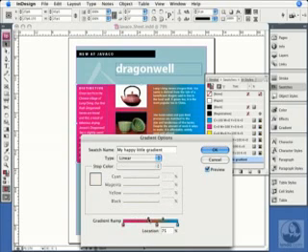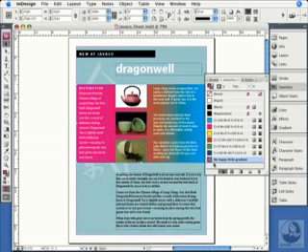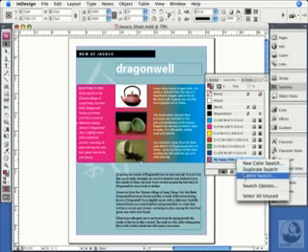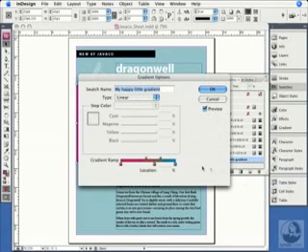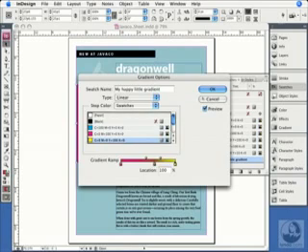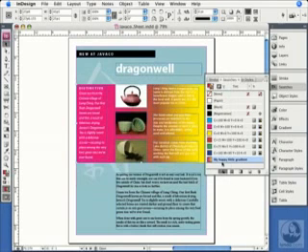Finally, I'll go ahead and click OK, and we can see that it shows up down here at the bottom of my swatches panel. If I later need to change that, no problem. Just double-click on it, or right-click in this case. I'll right-click or control-click with a one-button mouse, and I will choose Swatch Options, and then I can choose any of these gradient stops I want. Why don't I make this one yellow instead?